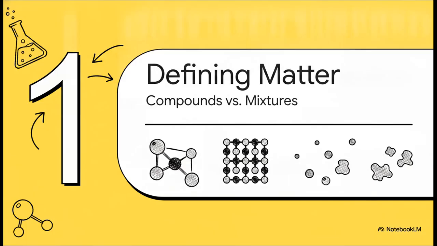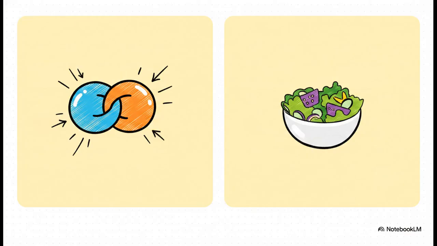Starting right off with Section 1, defining compounds and mixtures. We really need to draw a hard line between these two concepts. Understanding this distinction is absolutely crucial to making sense of everything that follows. Okay, so the absolute crux of it is this. Are the elements chemically bonded to create something brand new, or are they literally just sitting next to each other